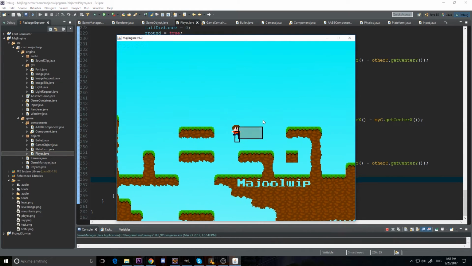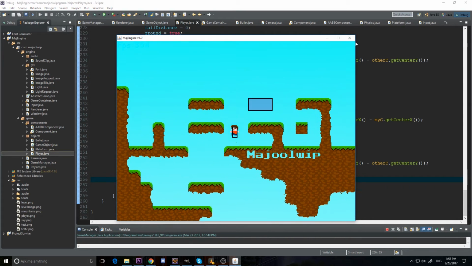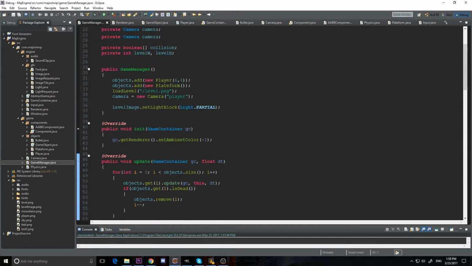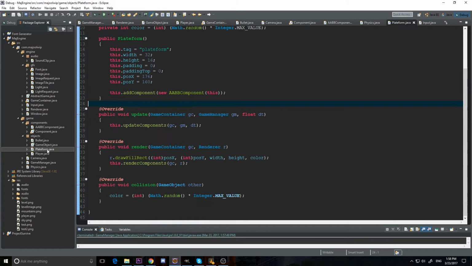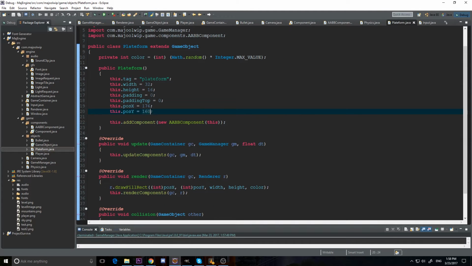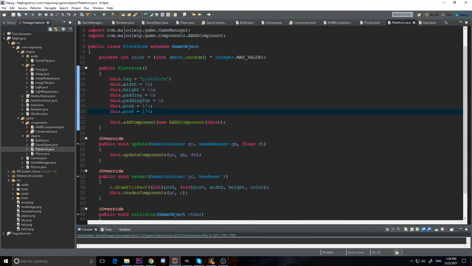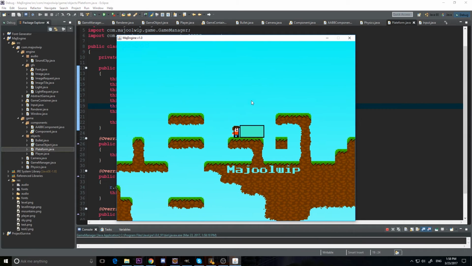So if I come in here, oh, we're getting an interesting effect here. It's a little hard to detect because our object is so high in the air. Let me move him down a little bit here. Let's go to platform, and I'm going to move him down a bit. So 176, that should move him down so that he's on the same plane. And I'm going to move him over a little bit, so that should be 892. Yeah, should be plus 16. And there we go. Now if I come in here and I run into him,